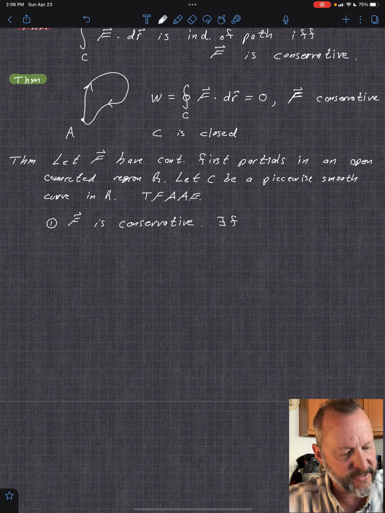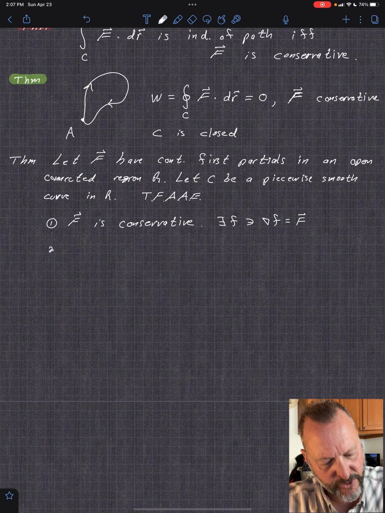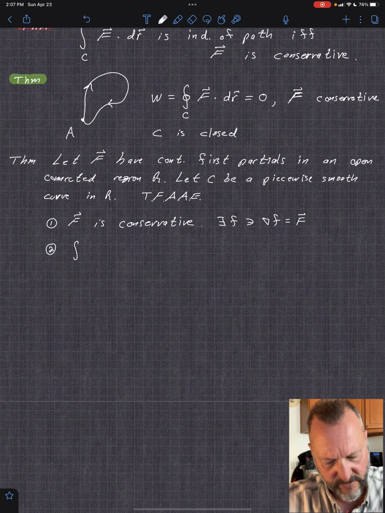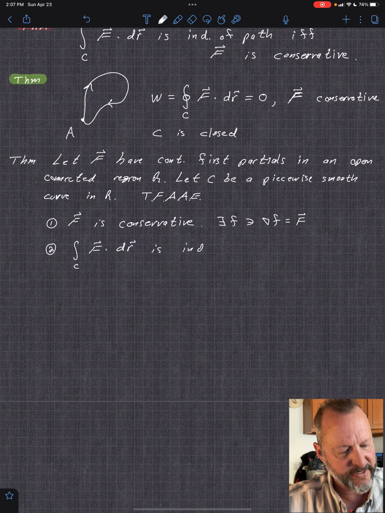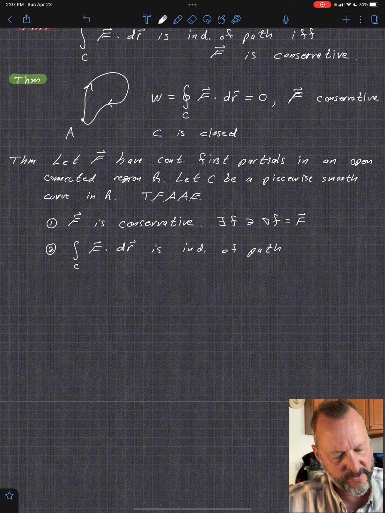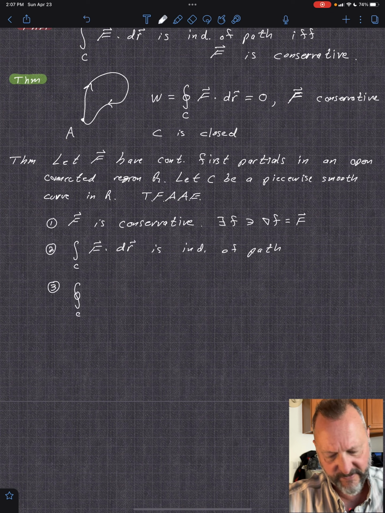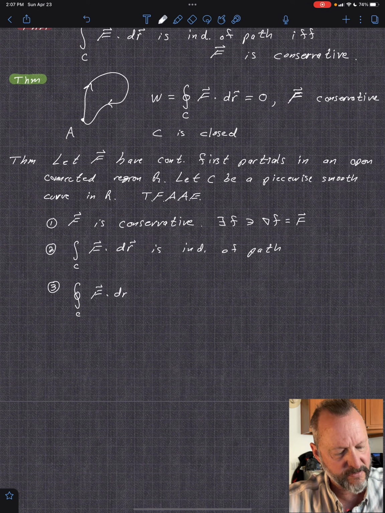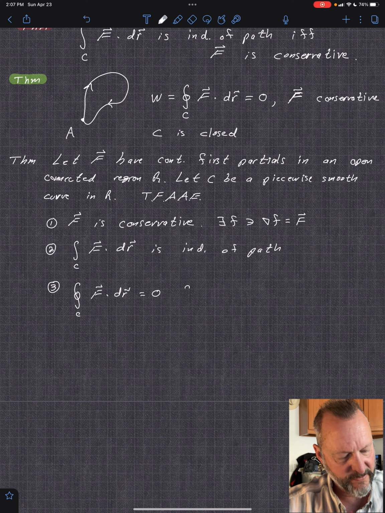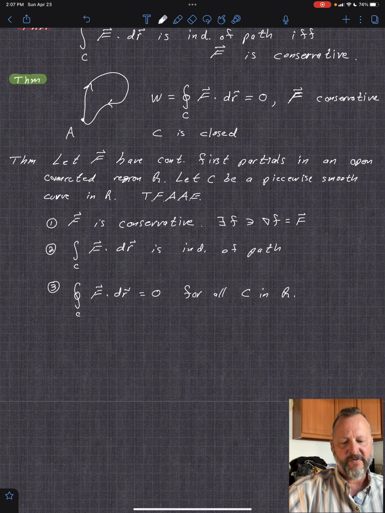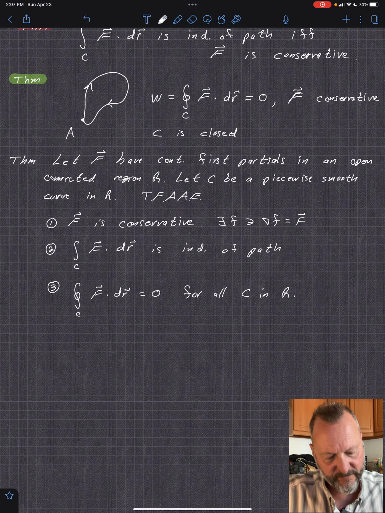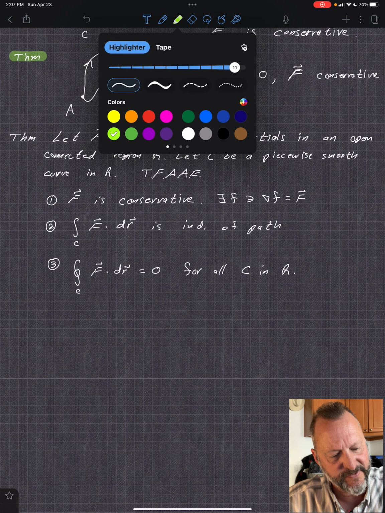That is, there exists a little f such that the gradient of f is equal to capital F. 2, the integral over C of F dot dr is independent of path. 3, the closed curve integral of F dot dr must equal 0 for all C in R. So for every closed curve in R. And so that basically leads us to the fundamental theorem